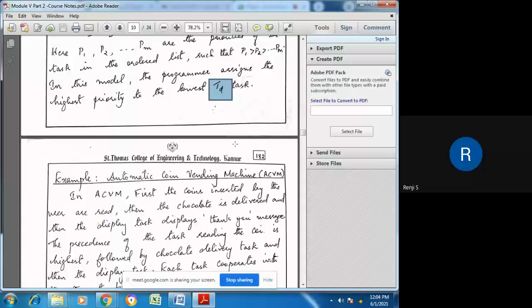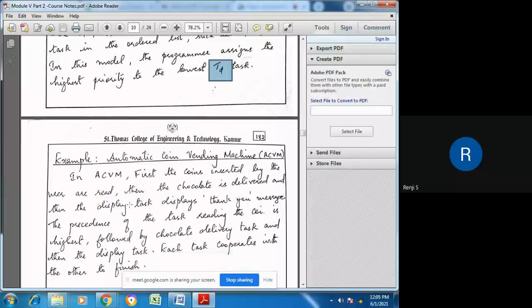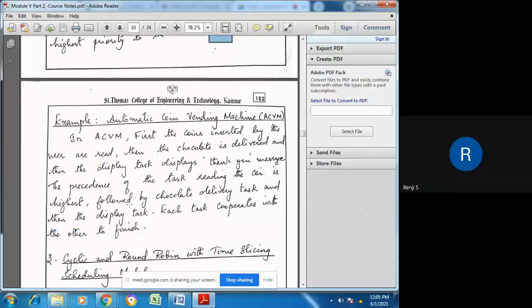So based on the deadline, the task will be given priority. If it is not meeting the deadline, then the system will be a failure. So the task should complete within its deadline.